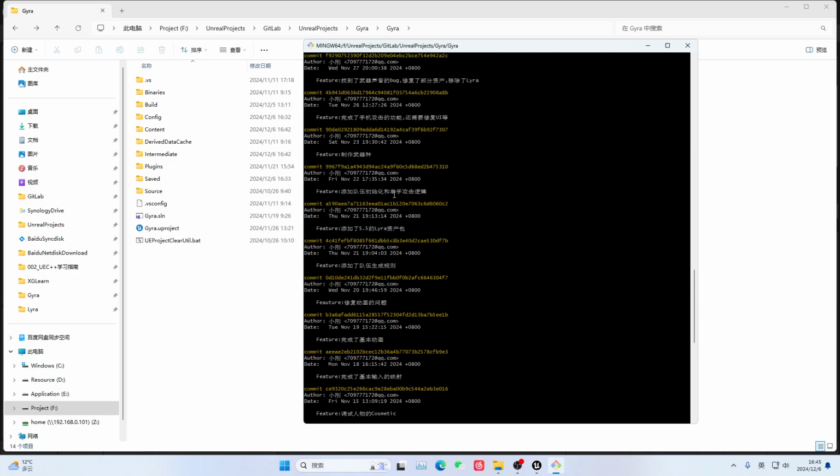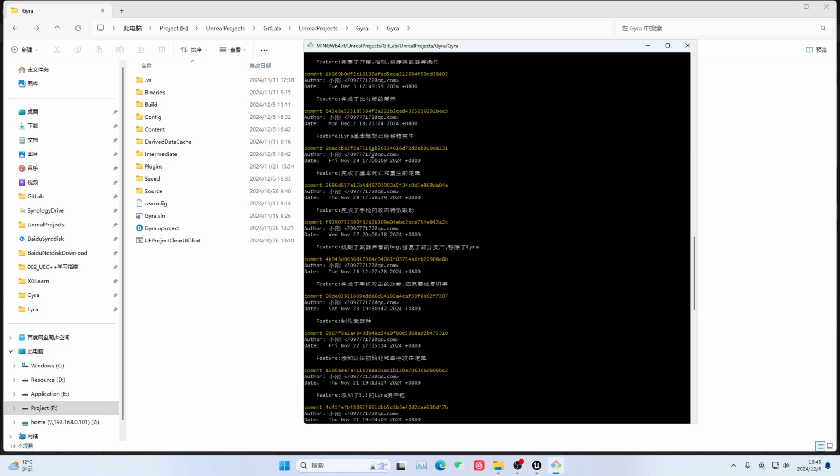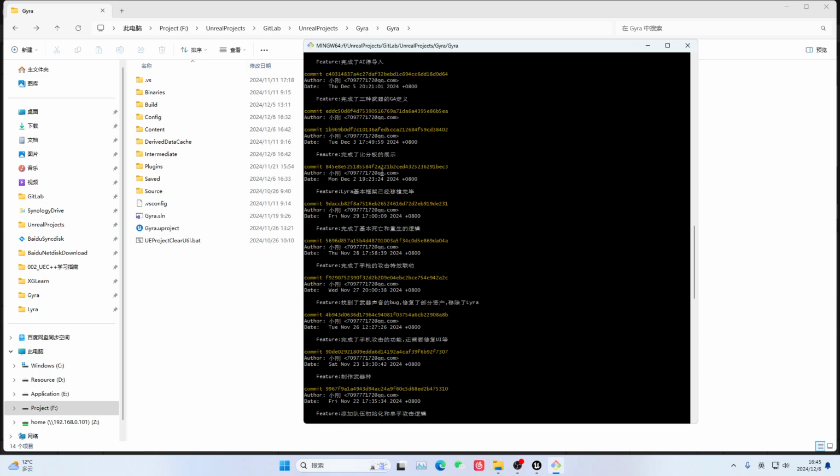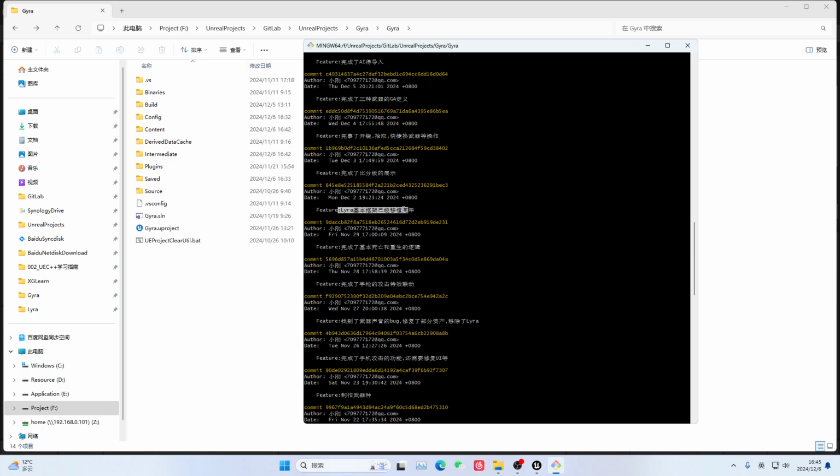After importing the blueprint asset package, we can associate this blueprint asset with its code logic, because many blueprints here inherit from the Lyra project's C++ code. Therefore, there will be many asset loss issues. Then we continued to write further. Recently, maybe a bit more has been written, for example, this attack and death effect framework transplantation. This is our last development progress, meaning the basic framework has been transplanted.